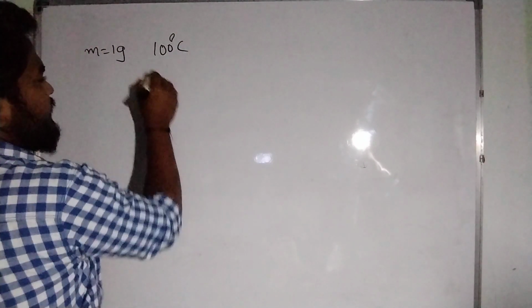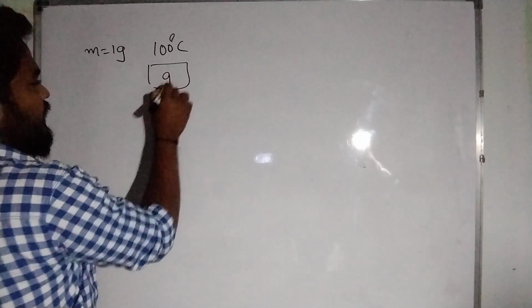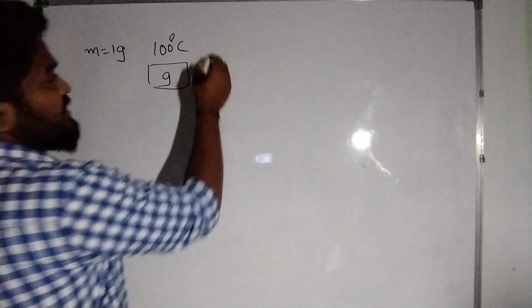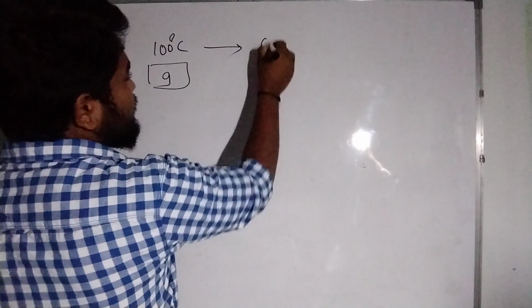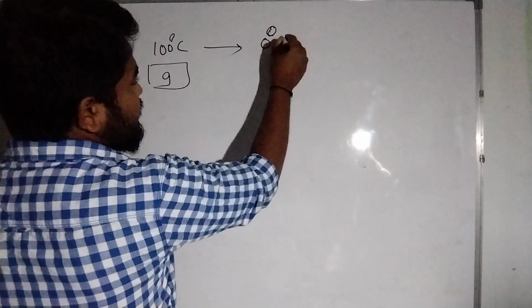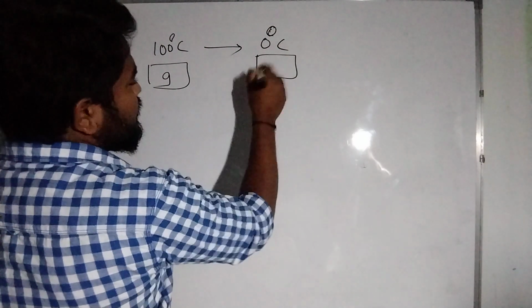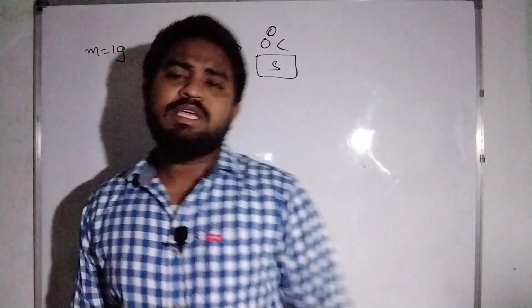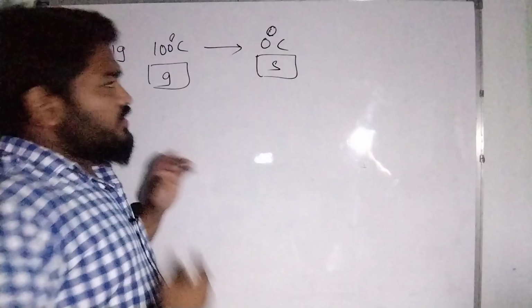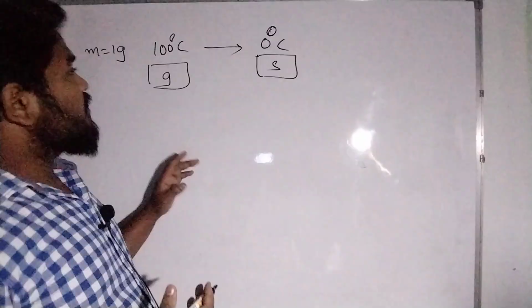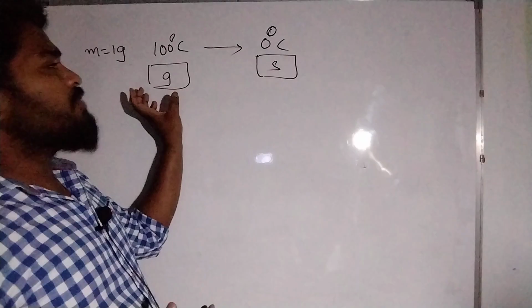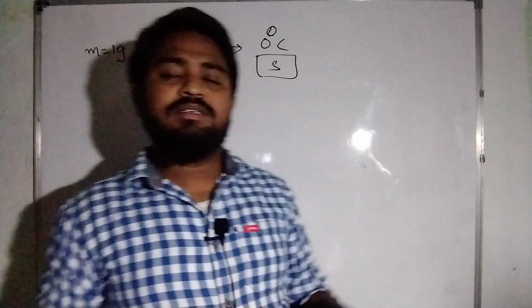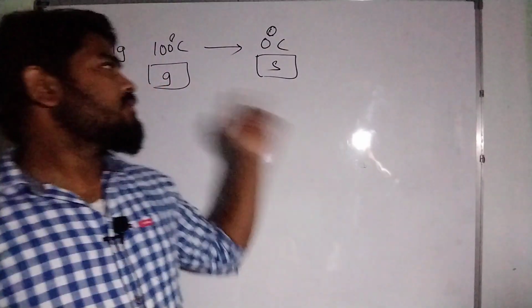So at 100 degrees Celsius it is in the gaseous state, and this gaseous state is converted into the solid state, which means ice, at 0 degrees Celsius. Let me explain once again: 1 gram of water vapor at 100 degrees Celsius is converted into 1 gram of ice